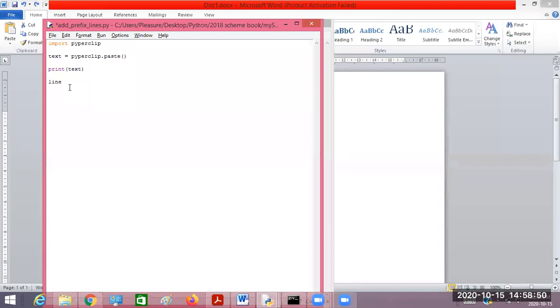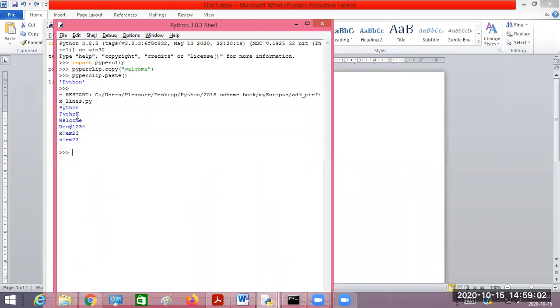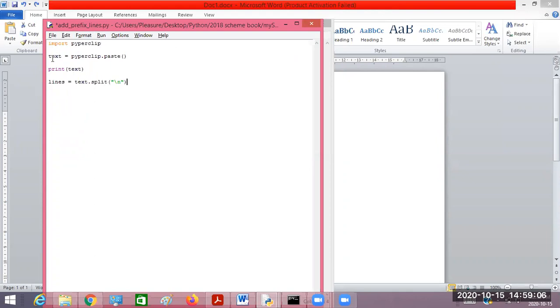I'll take one variable as lines, and then text.split with the separator as new line. I'll execute print lines.